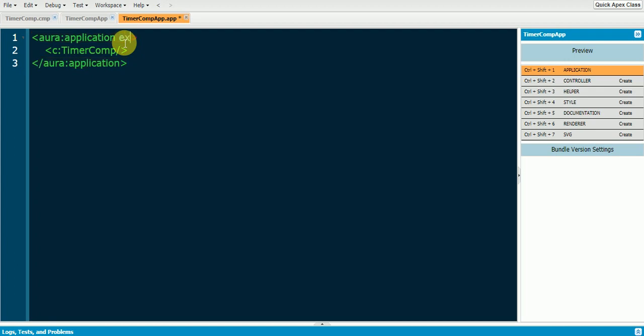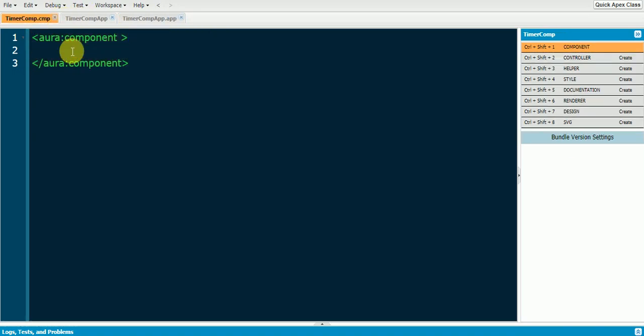And also I'm going to do one thing here. I'll just extend the force colon SLDS and just click on preview. As of now we did not add anything. That's the reason it's showing us the blank screen here. Just we'll add something here.